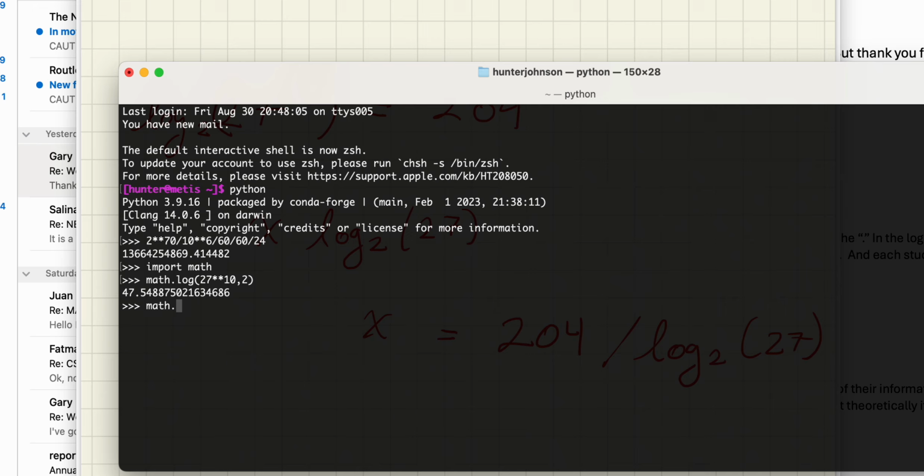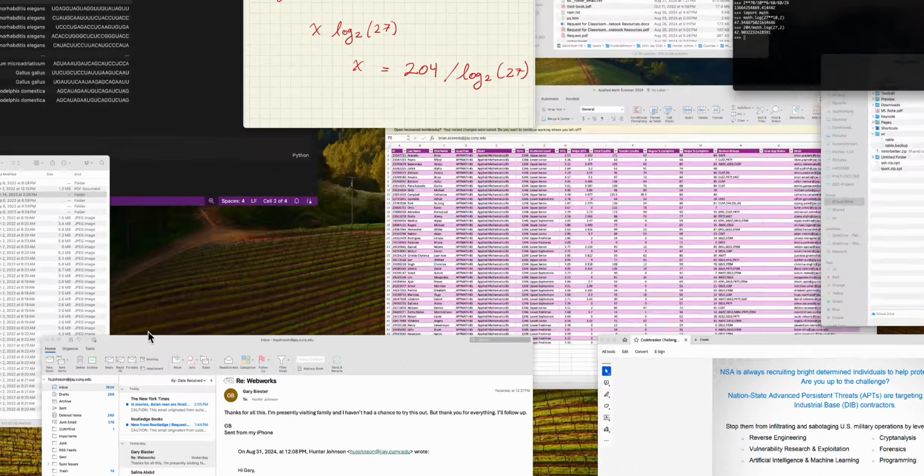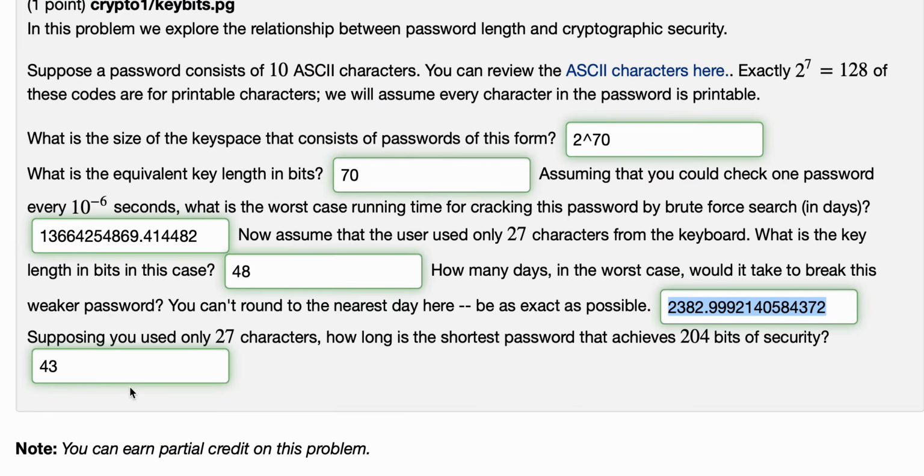I can do 204 divided by math.log of 27 base 2, which turns out to be 42.9, but if we're talking about bits, it needs to be an integer, so we round it up to get 43, and that's where this 43 comes from, and that's how you do